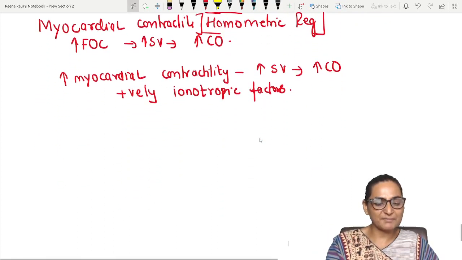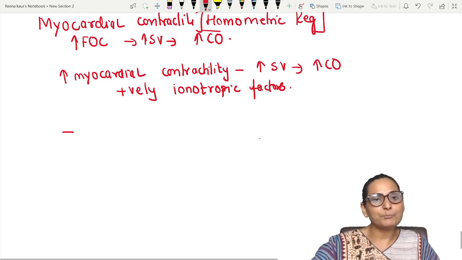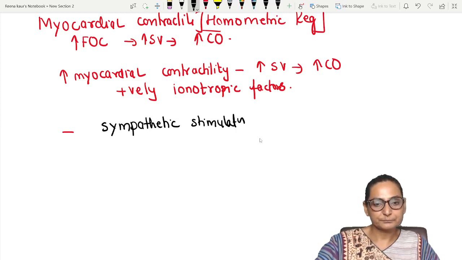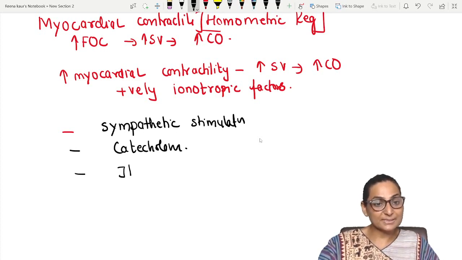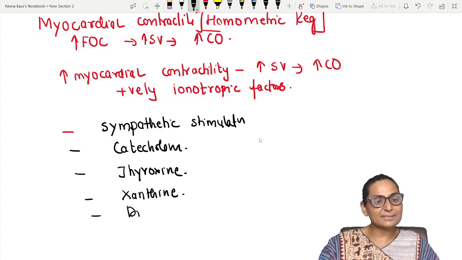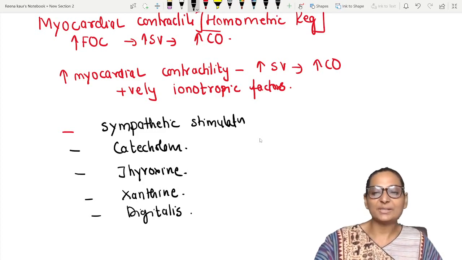Which could be the positive inotropic factors? Very, very important, or the first important one, is directly the effect of sympathetic stimulation. Second, catecholamines. Then thyroxine. Then xanthine. Another, digitalis. Digitalis is a pharmacological drug, okay, which is given to the patients with cardiac failure because it is